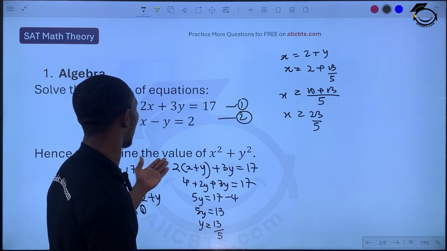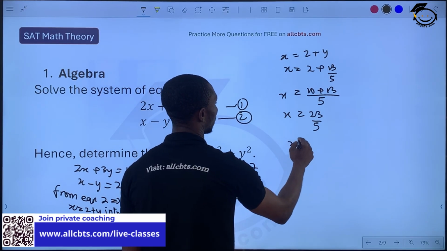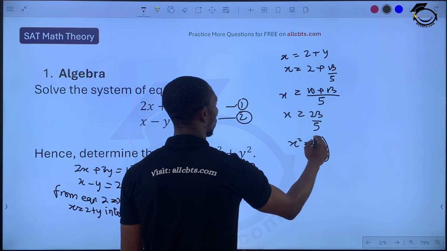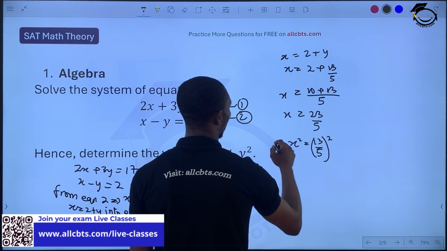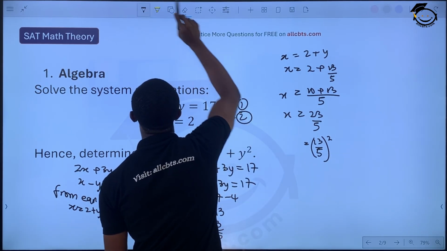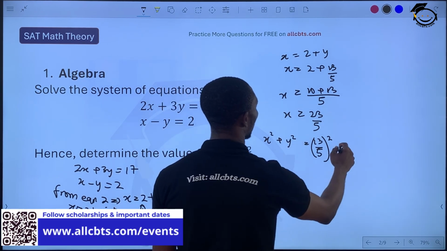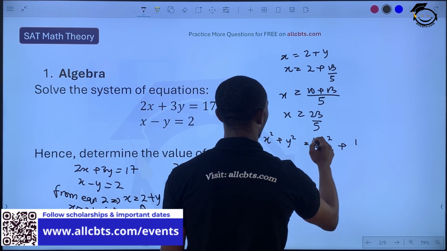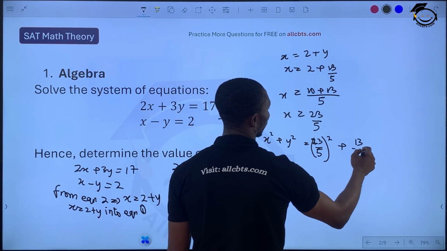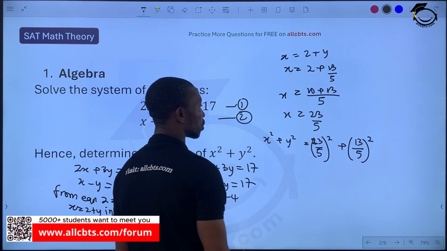Now it says determine the value of x squared plus y squared. So x squared plus y squared will be 23 over 5 all squared, plus 13 over 5 all squared. So from here,